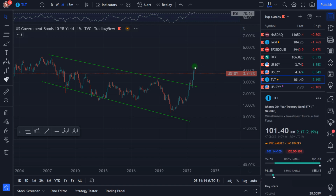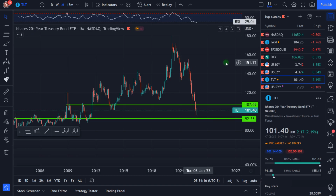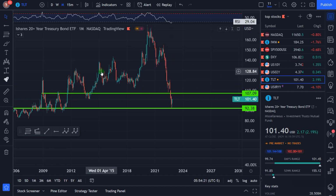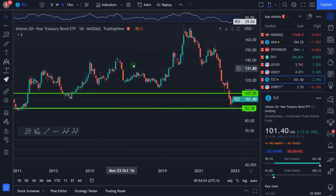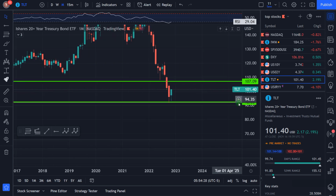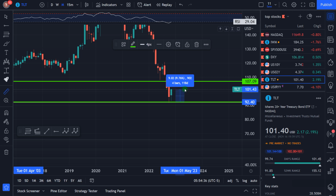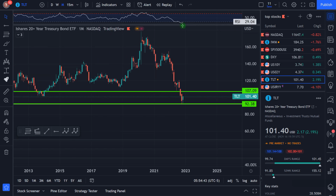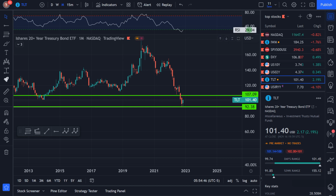The TLT is the ETF for the US treasury bonds. I told you that it can be one of the best investment ideas for the next year. So here from this level 92 to the current price, it was down about 10%. But still there is a momentum indicator on the monthly basis telling us that it continued to be